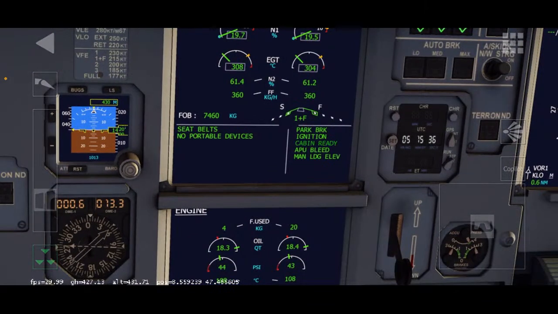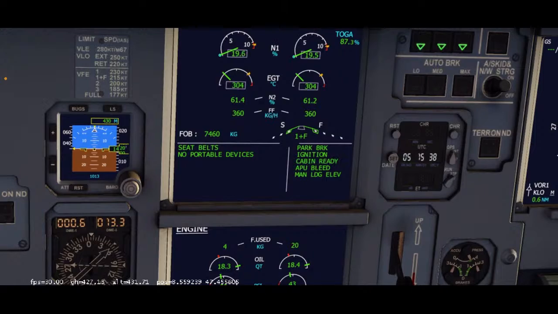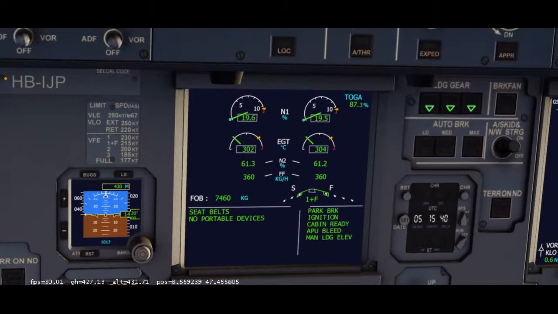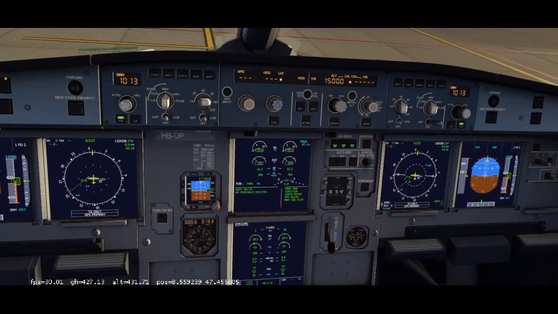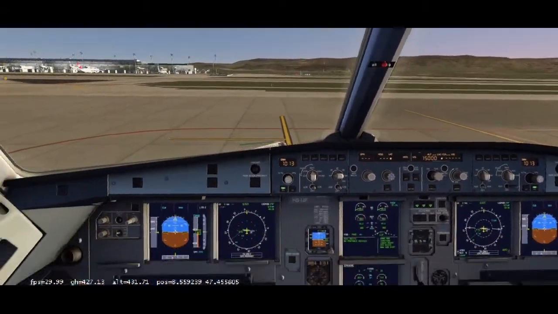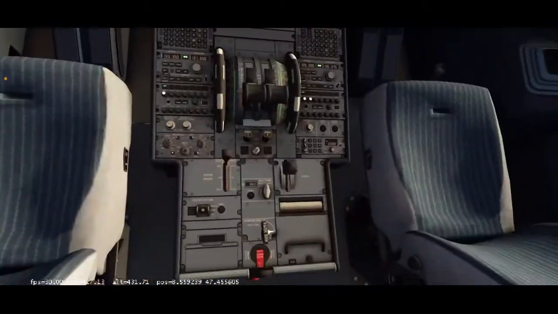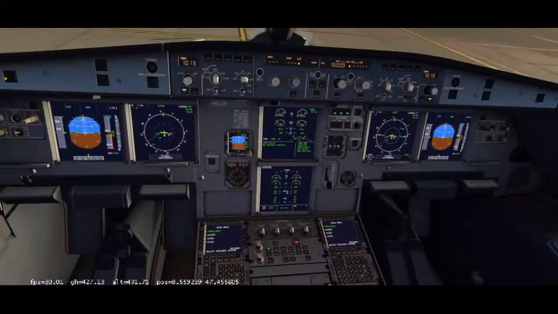Cabin ready. We like that. Cabin is ready. Now, for Casper, I have a question for you. Because usually here, I'm not sure what to do. I usually, well, I'm sure what to do, but I do have a question.